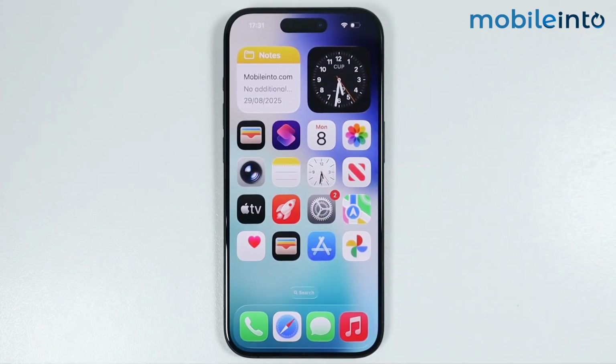Hey, what's up guys? So in this video, we will see how to set multiple photos on lock screen on